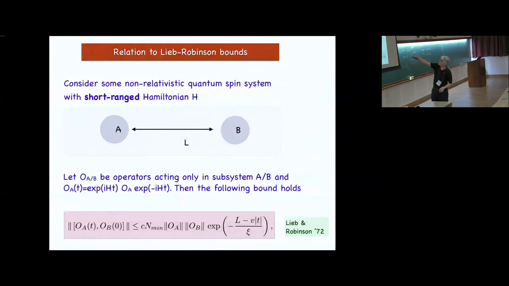Here I said I have a short-range Hamiltonian and a finite-dimensional Hilbert space, and both of these are actually needed in the proof. And of course, you can ask, are they necessary? Can you generalize Lieb-Robinson to other settings? And people have tried. So now, what I can tell you, there's some work, you can look at it,